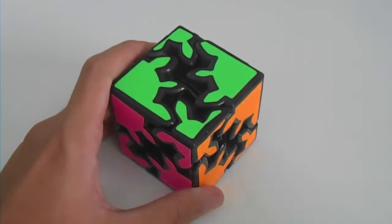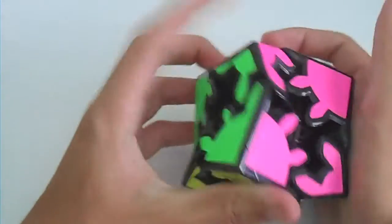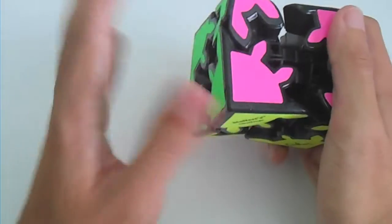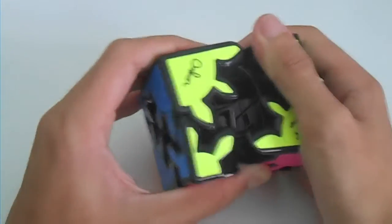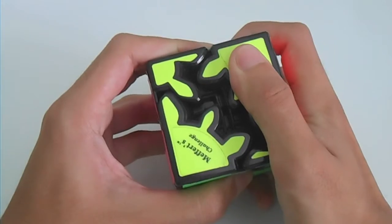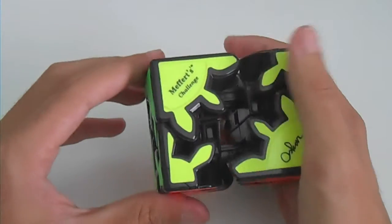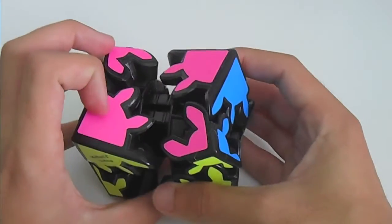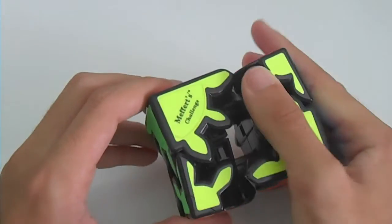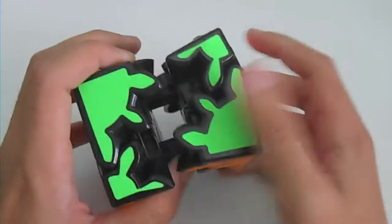There is a problem with this puzzle that I've kind of encountered. When you turn these, first of all, sometimes it's a little hard to pull apart layers because all the sides need to be pushed down all the way, and then you can pull something. And if it's not all the way and you try and pull something, it'll be really hard, and there's times where it's kind of gotten stuck, see, like that. And I don't think this was lubricated by the guy I bought it from, but if you can lubricate it, I would suggest doing that,